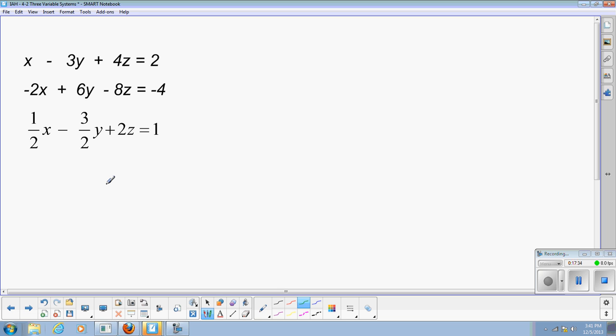Here we go. How are you going to eliminate here? What do we want to eliminate? I see in the middle here, I see a minus y and a plus y. I got opposites here with the x, and I got opposites with the z. It really doesn't matter, but I'm going to use the top two equations right now. And in fact, I'm going to just eliminate z this time. So I'm going to multiply the top equation by 2. So I have 2x